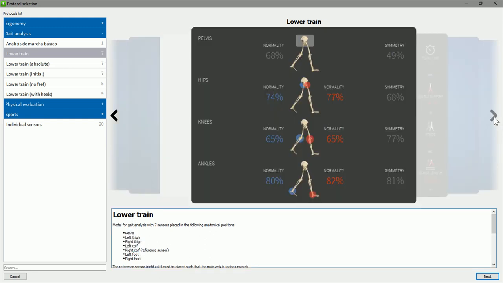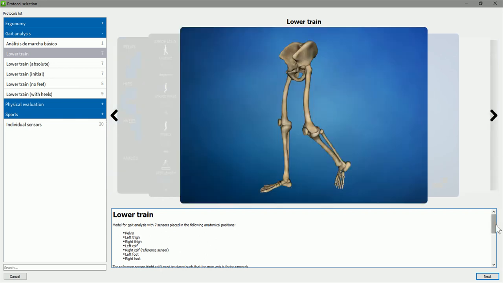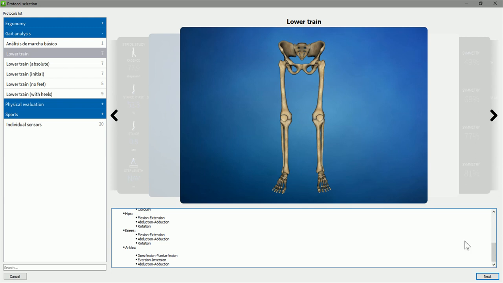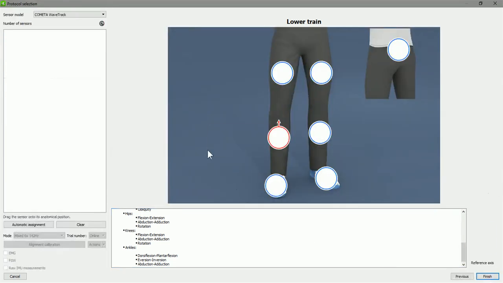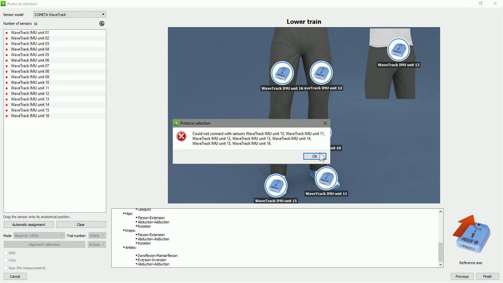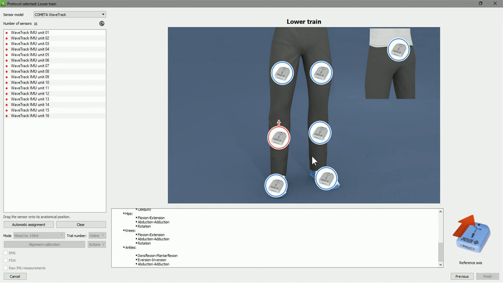These are a few pictures. This is a summary of the parameters that are provided by the system. I would then click on next. In this case, the system was trying to connect a certain set of sensors, but there are none. If there were sensors here,